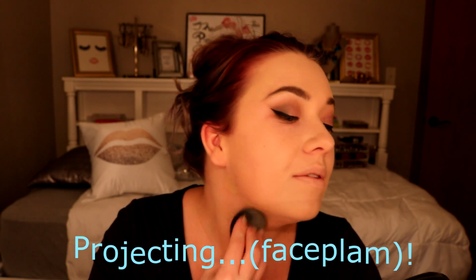Still look somewhat white, but we're gonna put bronzer on it, and I feel like these lights aren't really projecting the true color of the makeup, because in the camera when I look in the viewfinder it looks like my eyeshadow isn't that purple or mauve color, but in person it's like whew. And I'm not one of those girls who likes foundation on her lips, so